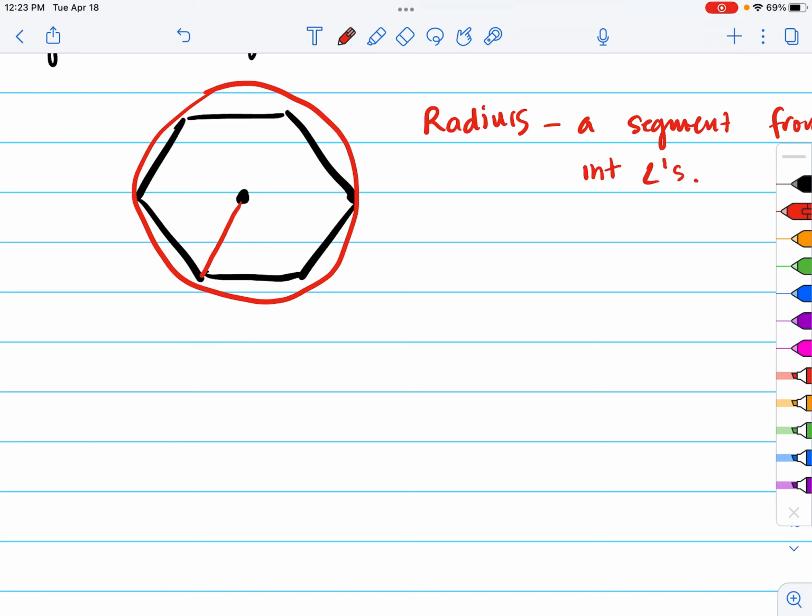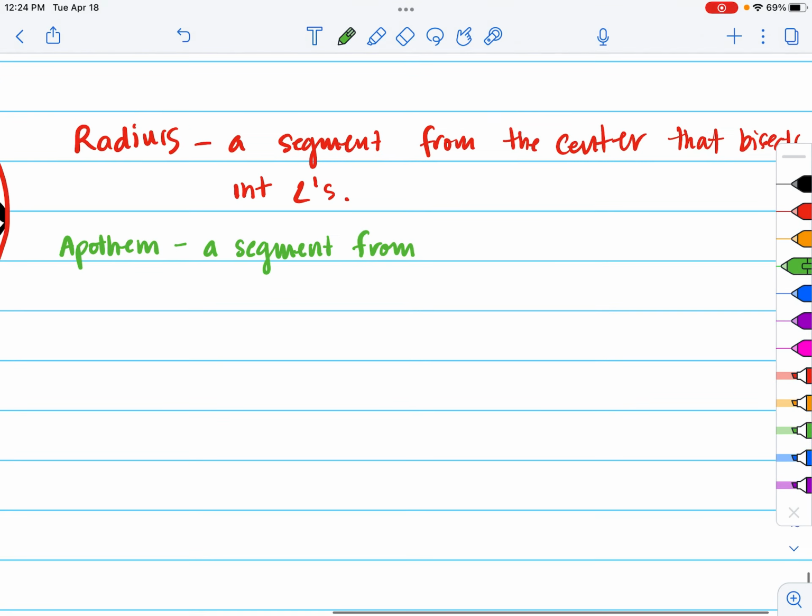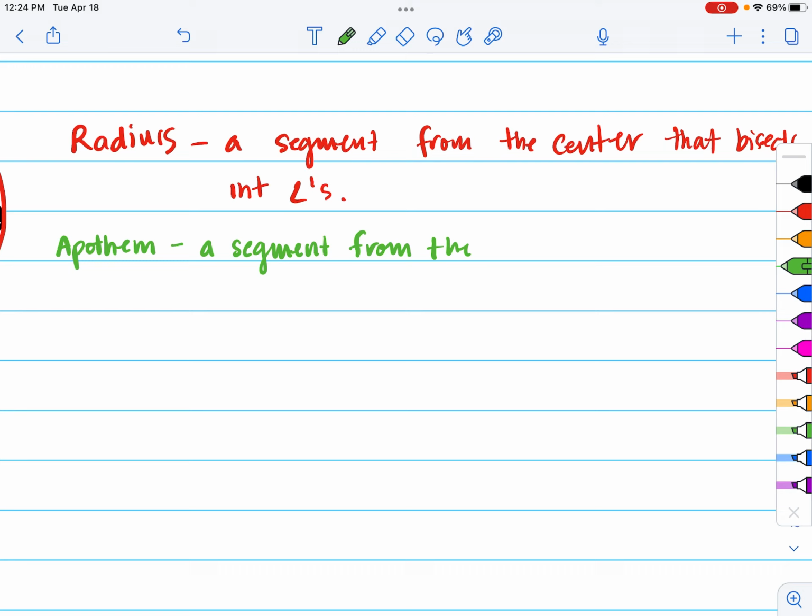Okay, the next one I'm going to draw in green, and we're going to draw it from the center again down to the middle of this particular segment. And we actually call this, it's a new one, it's called an apothem. An apothem is a segment from the center of a regular polygon,